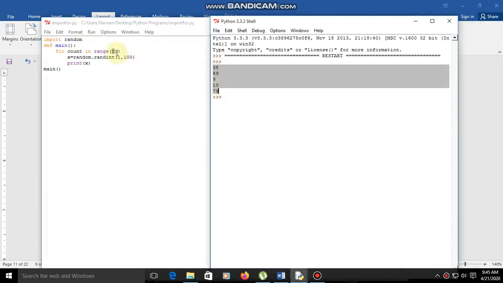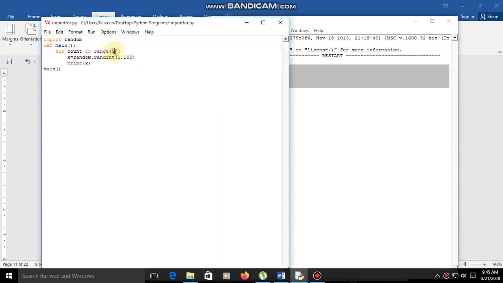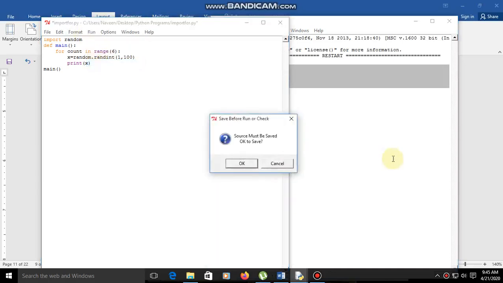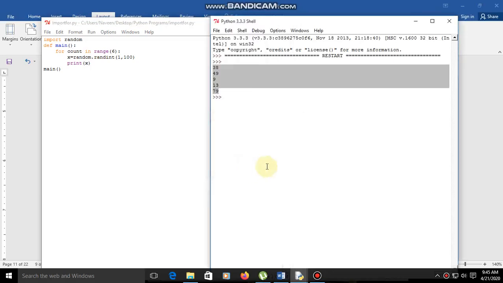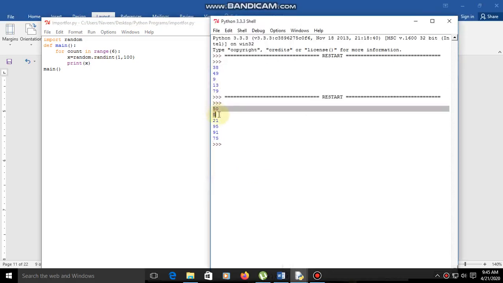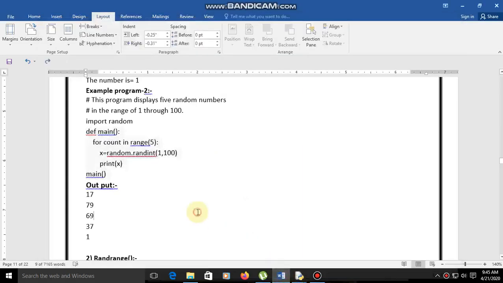Suppose if we give 6 here, then run again, 6 values will be printed. Let us check: 55, 21, 95, 91, 75. These are random numbers between 1 and 100. So this is the output for randint.